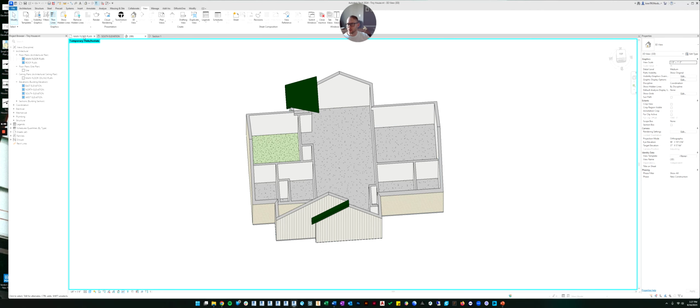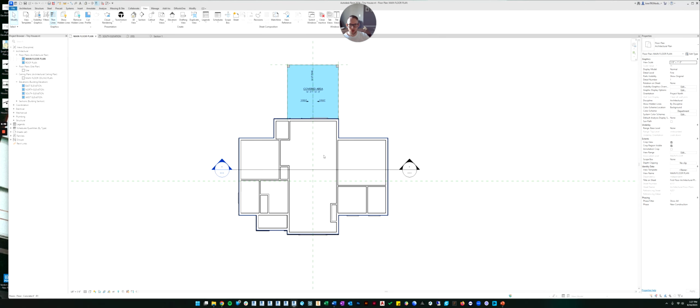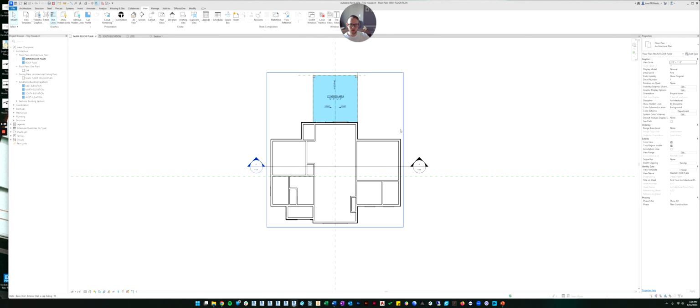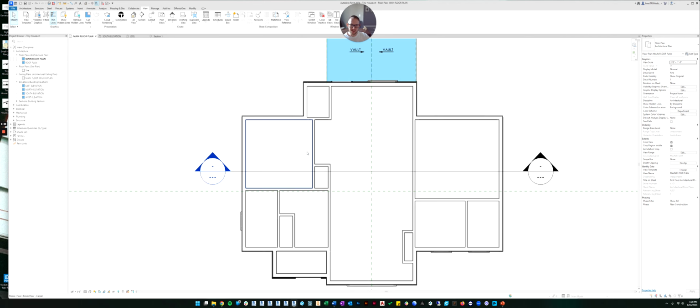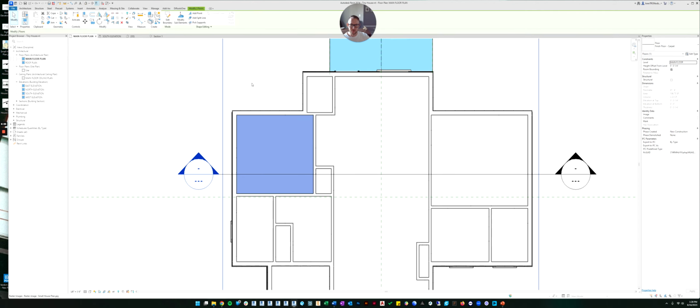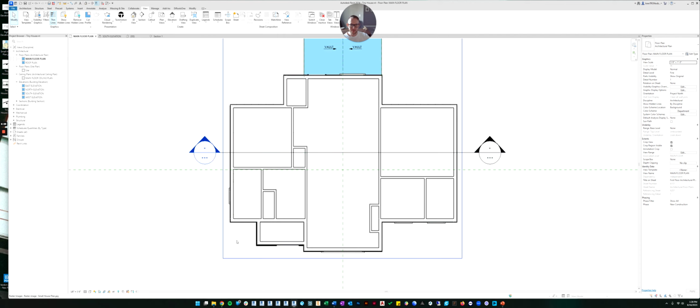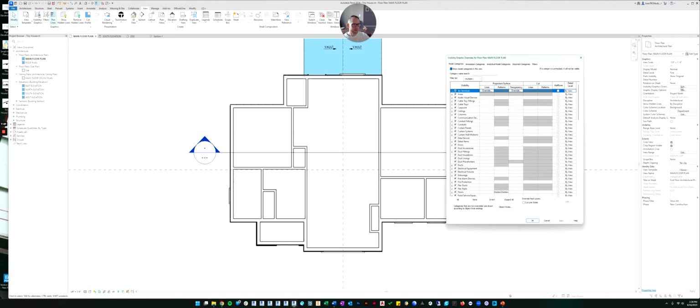So the next thing we'll do is let's just make a tile floor. Oh, the other thing that is happening is in our floor plan view, you can see it's not showing the surface pattern of the floor. That's probably because of a visibility graphics setting. So if you remember, let's click into the view. Let's go to the visibility graphics panel.